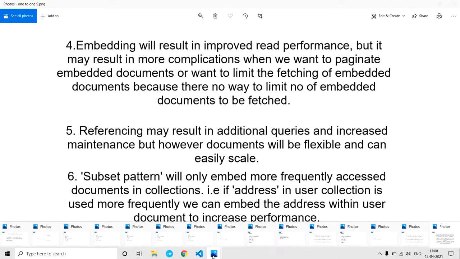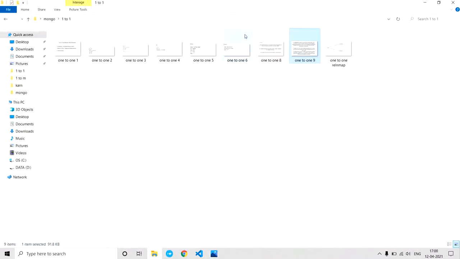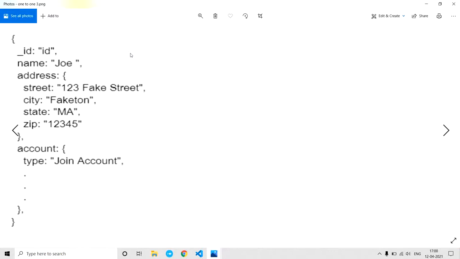So what it meant is, let's assume we are embedding all the other accounts into the user collection. Let's assume you want to display all accounts in the system which belong to a user and paginate it. Obviously it becomes difficult, because we have to go through each user and fetch these accounts, and then we have to paginate. So this is a very difficult task if you store accounts and addresses into a single